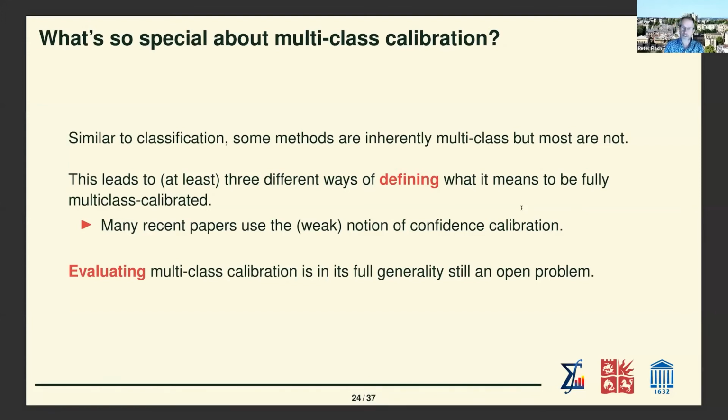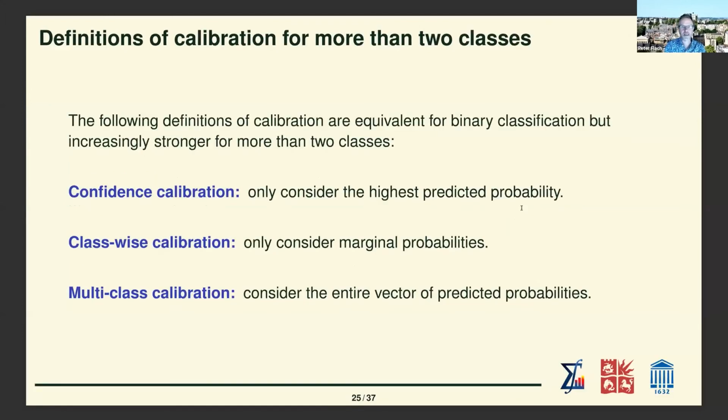we have choices. There are different ways in which we can define multi-class calibration. And so I will briefly talk about 3 possible ways of doing this. In the literature, many recent papers use the weakest of these 3 notions, perhaps not being aware that there are stronger notions of calibration. So these 3 notions are confidence calibration, which only considers the highest predicted probability and ignores